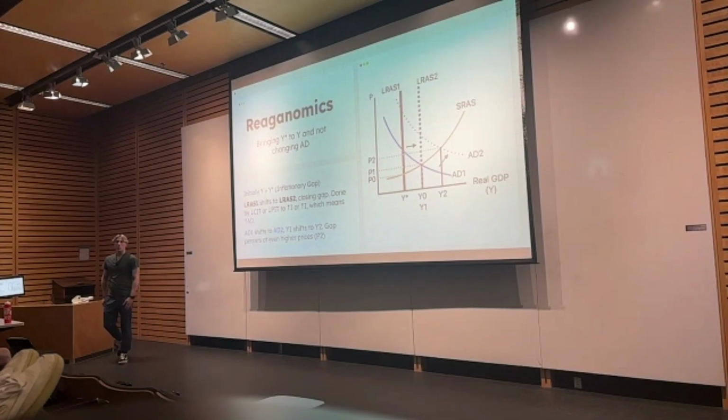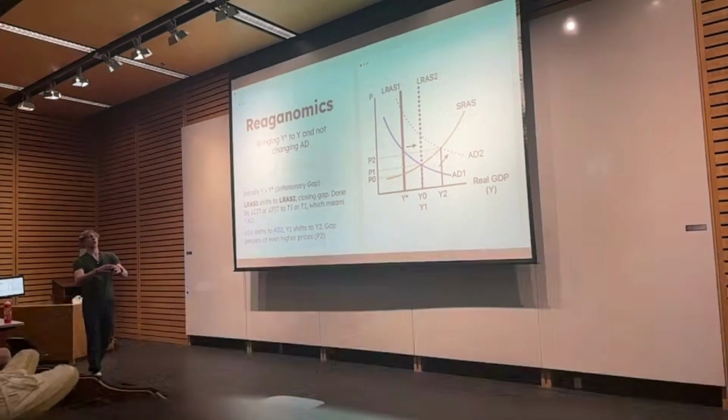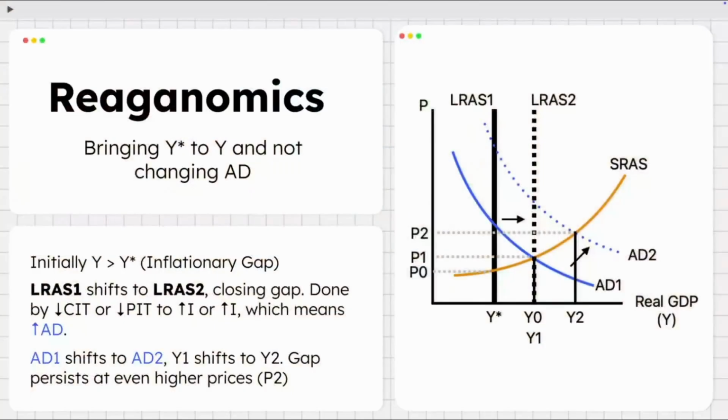And just a quick touch on Reaganomics. This is basically, okay, we're trying to change potential output through fiscal policy. So we're going to reduce corporate and personal taxes. We're going to incentivize people to work more. We're going to incentivize corporations to take more risks, and hopefully shift Y to close that inflationary gap. It doesn't really work that well. This is because you could lower these taxes, but that doesn't necessarily mean people are going to work more. And also by changing your spending,